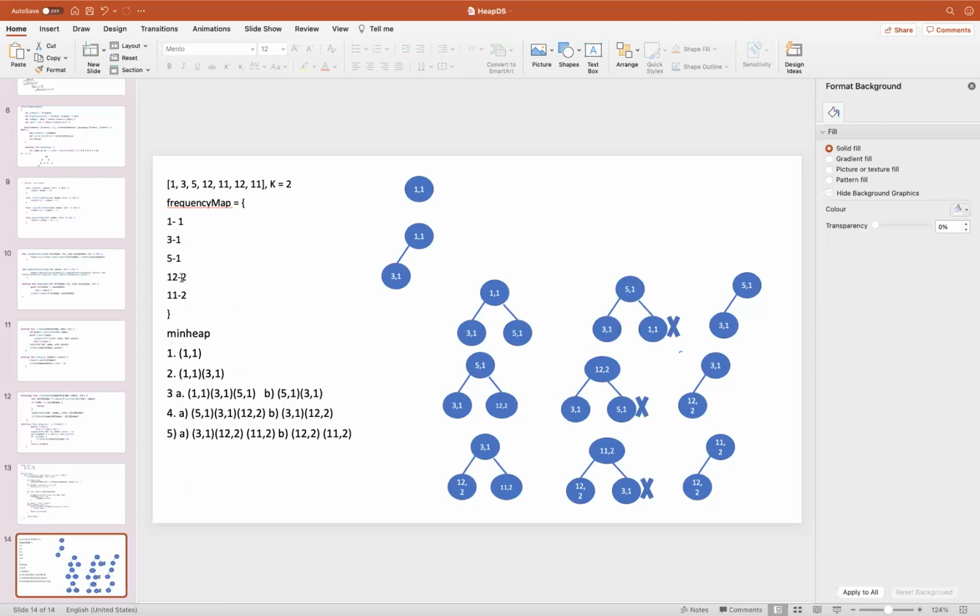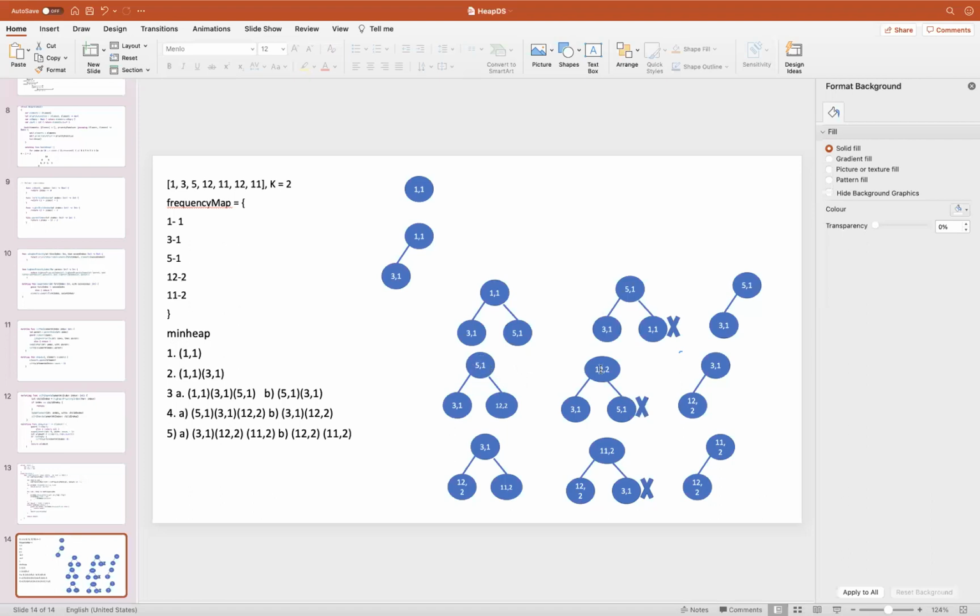Then comes 12 2. As soon as 12 2 comes, it will be added here. Since 12 2 has been added, the total count of my min heap is more than k, so I have to delete one element.